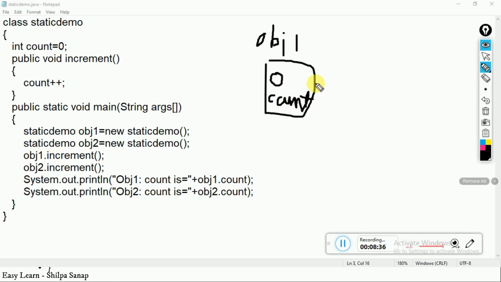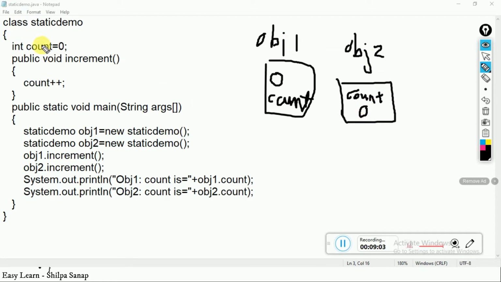Then the second statement gets executed and you will have a second object in memory, obj2. And for this again a count variable will be formed, and the value for this count will again be 0. This is because these two objects are created and you actually have an instance variable count. So for both of them you are going to get the value 0.